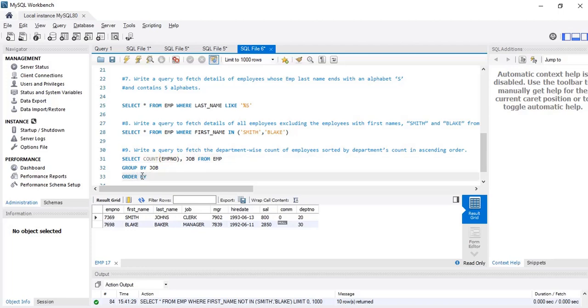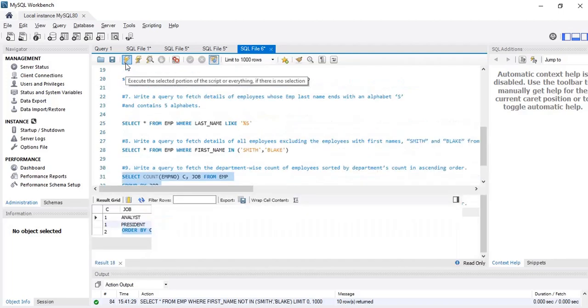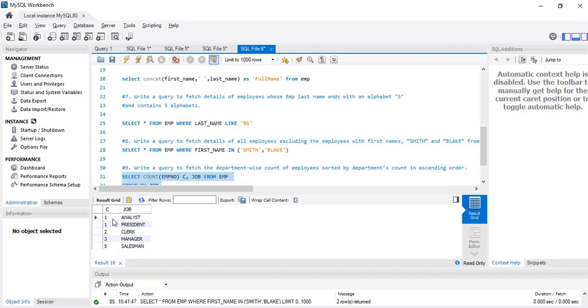Order by, let's give this an alias. Order by C, and in ascending order we have to write ASC, but if we do not write it, it is understood as ascending order only. But if you wanted descending order, then you would have to write DESC.